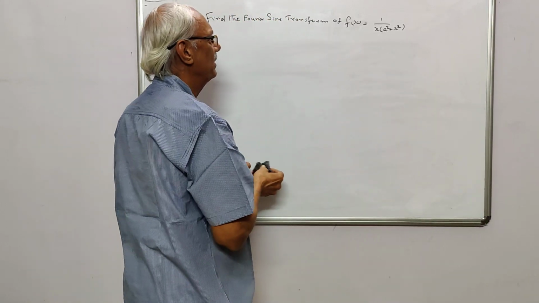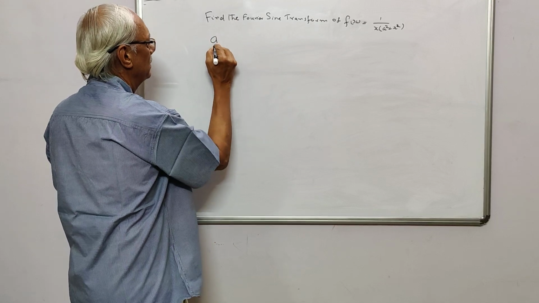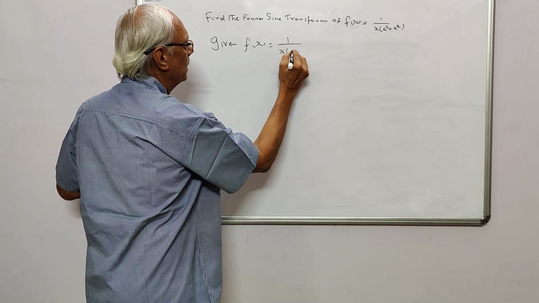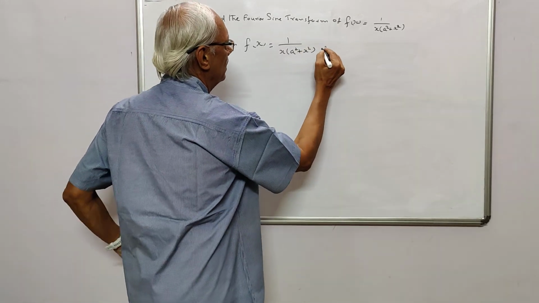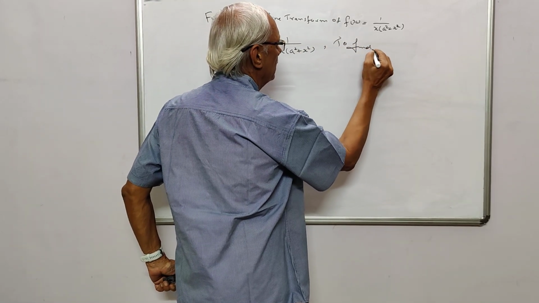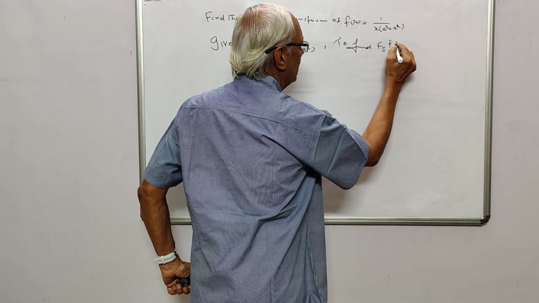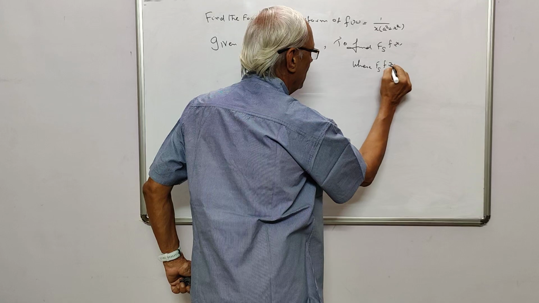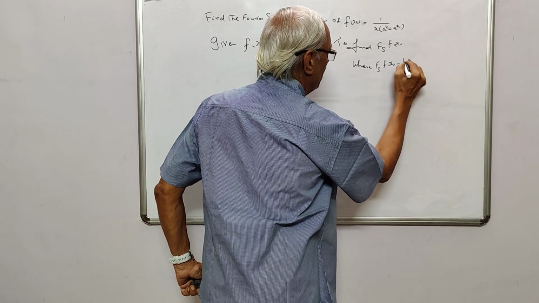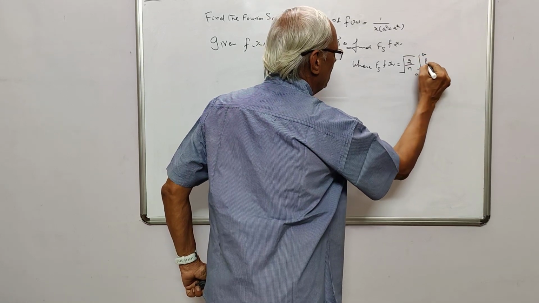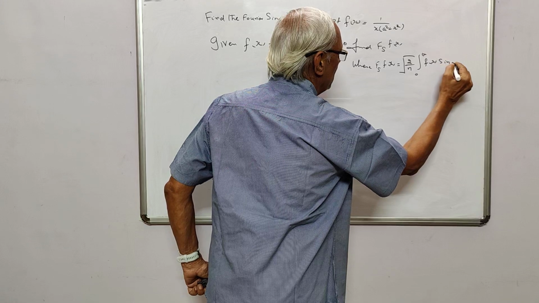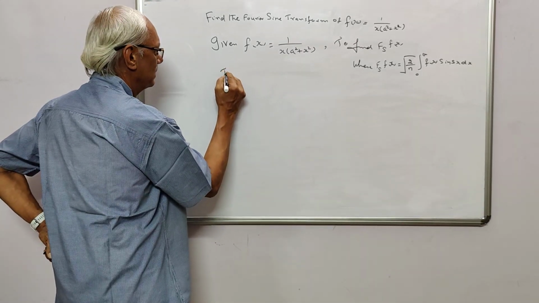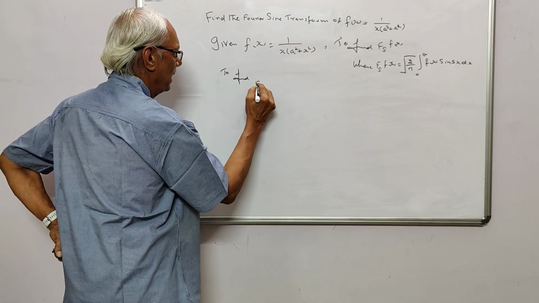Given f of x is equal to 1 by x into a squared plus x squared, to find Fs of f of x, where Fs of x is given by square root of 2 by pi integral 0 to infinity f of x into sine sx into dx. Now that is to find Fs of